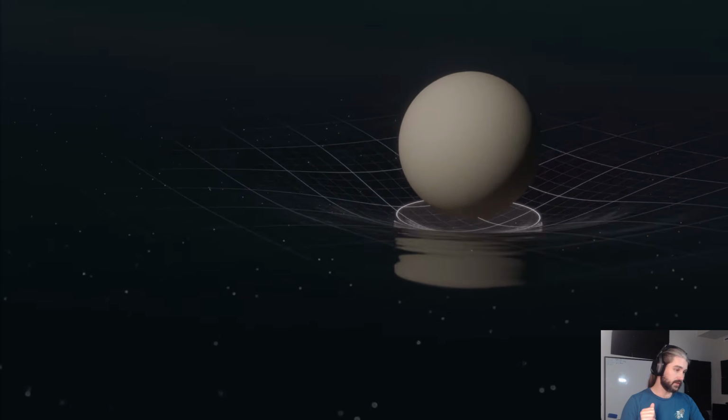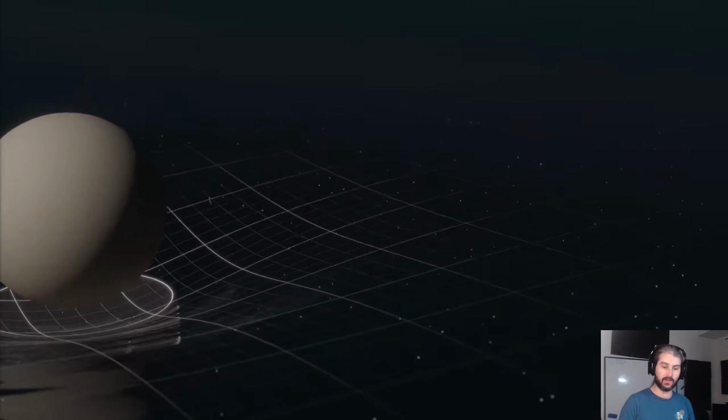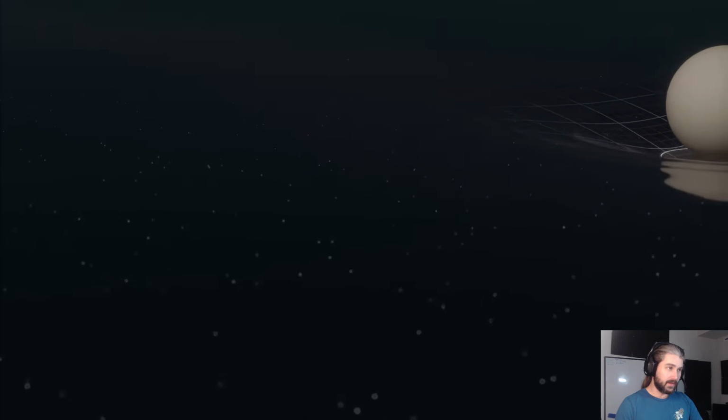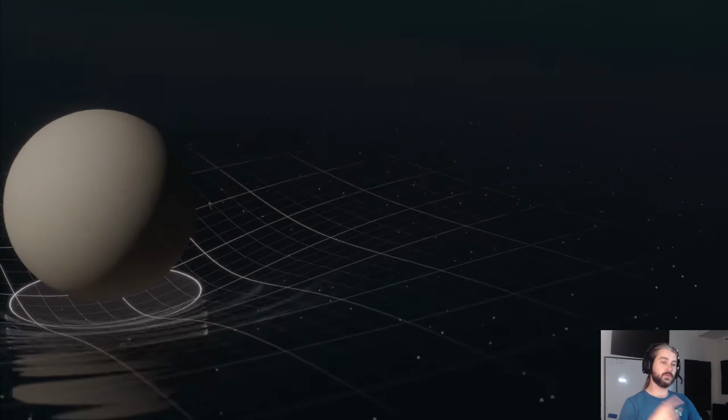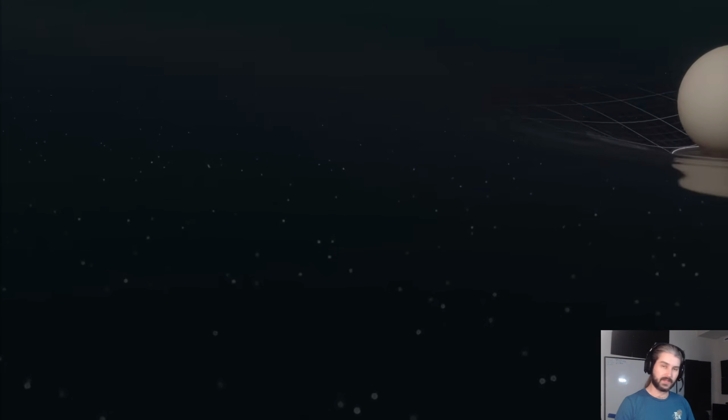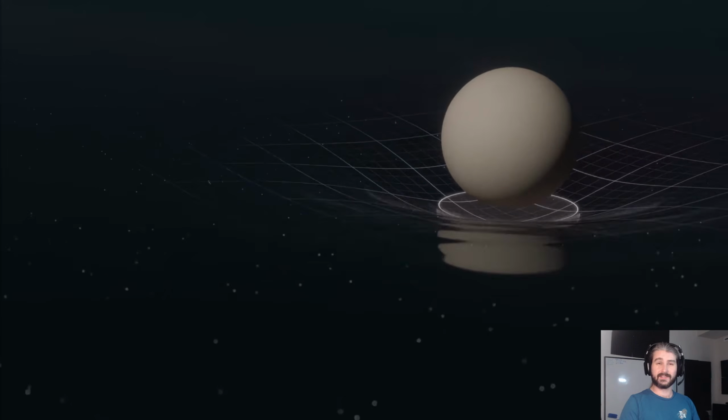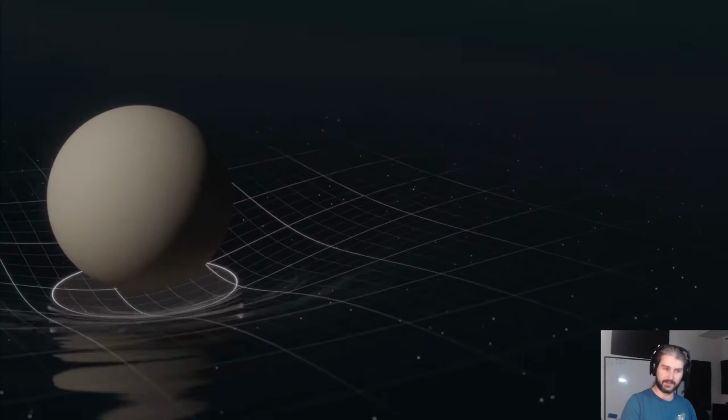And if we have extra time, because it shouldn't take very long to get set up, then we'll take this to the next level and maybe have multiple spheres moving around. In order to do that, we actually do have to do a lot more complicated geometry nodes. It gets really interesting really fast, but let's get going with